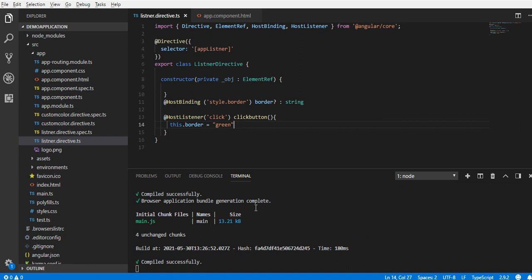And also remember, here we are going to change the border. I have written just green, but it will not work because green is just a color. So let's add the border as 10px solid green, okay, and save it.